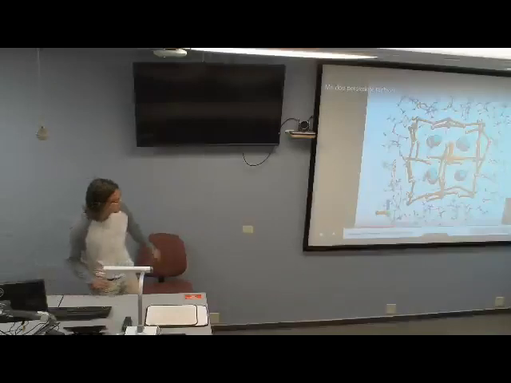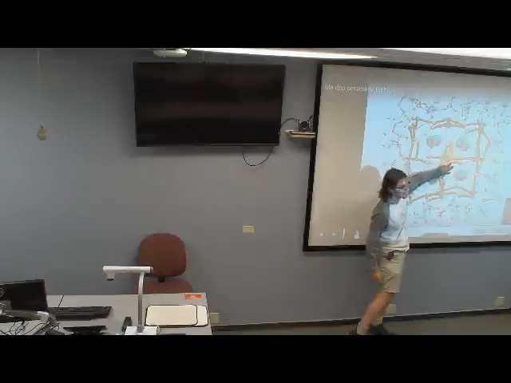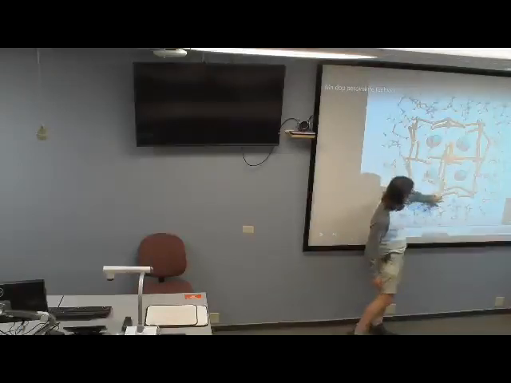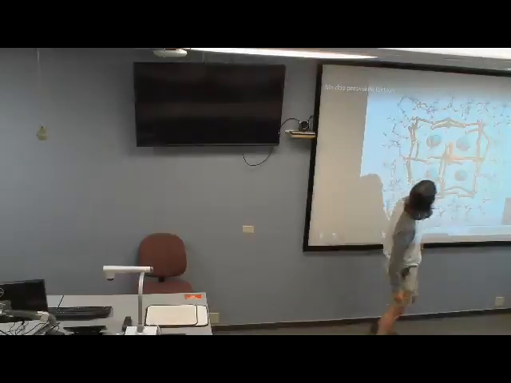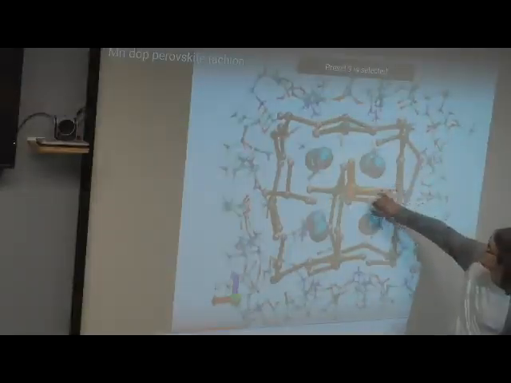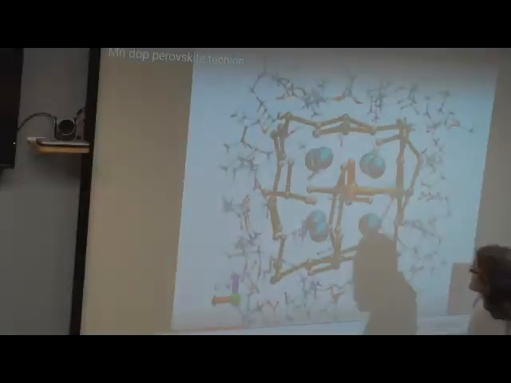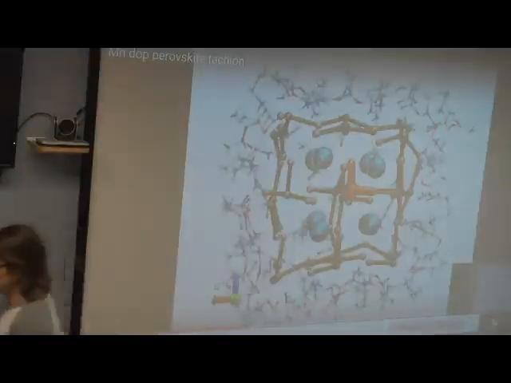So you can see one. So the halide we'd expect to come out of the plane here. It's stuck to the left there, and then the other one, I think it's hard to see, but I think it's on this side. So basically, they just bonded to the surfaces, and that's kind of interesting because